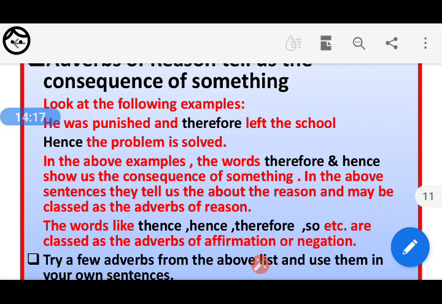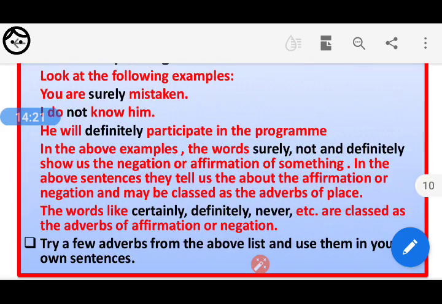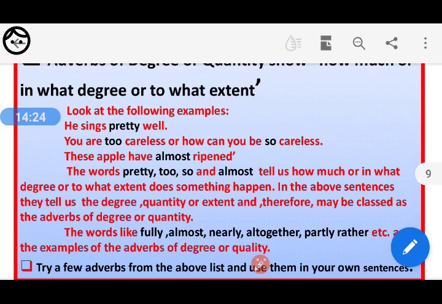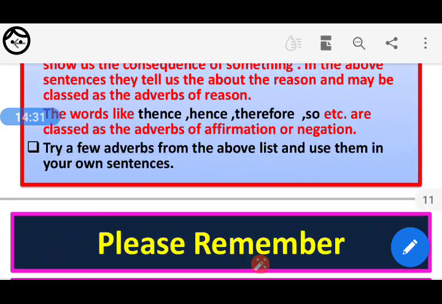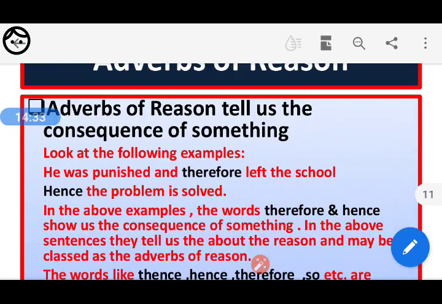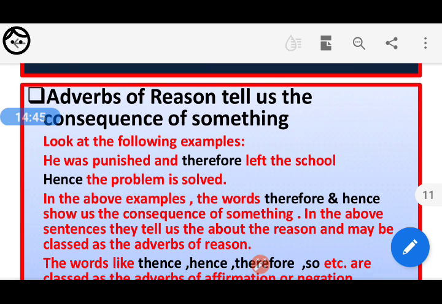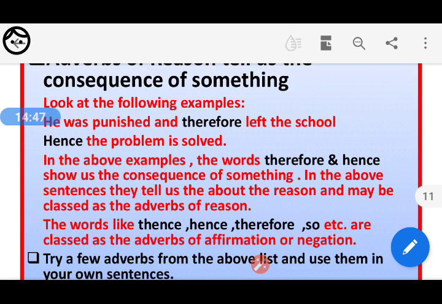You may get confused because you have also seen so used there. How can you be so careless? It is here like this: you are too careless, or how can you be so careless? You see, this is language. Language can be used in different ways and in different things. One word can mean different things. Say, for example, because language is arbitrary, it is not based on logic,